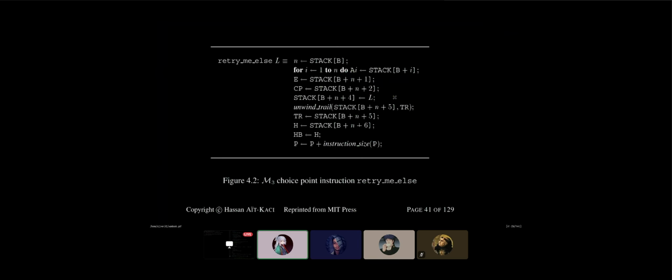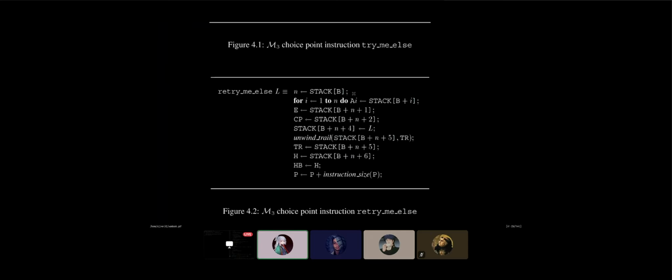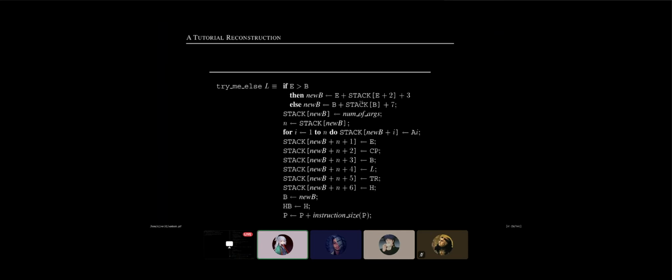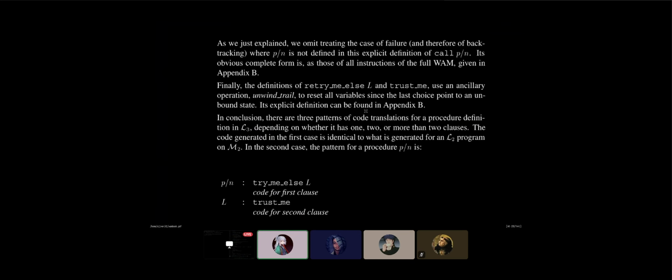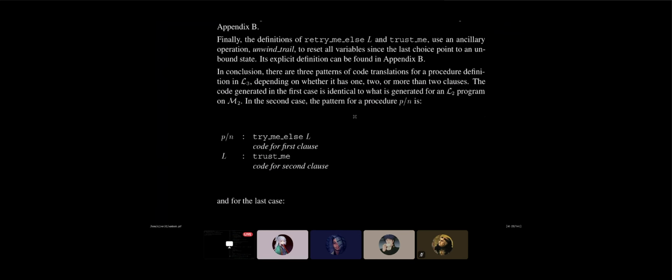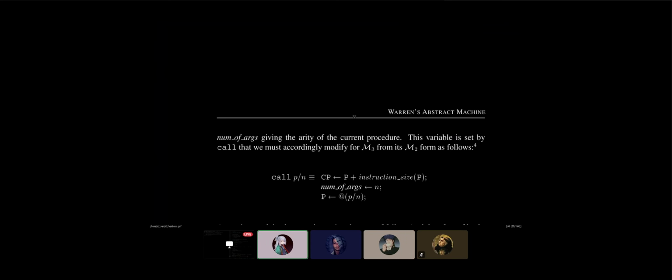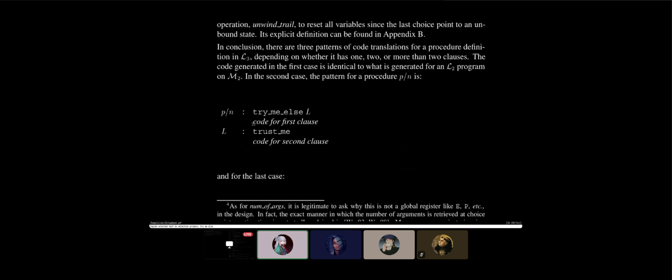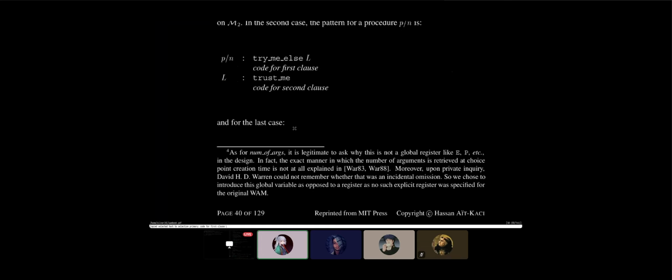No, no, no. Hear me out. If we go to the book, what's the difference between having a single declaration and having multiples? A single declaration is going to keep doing what we're already doing, okay? If we have more than one, for the first one we need to emit this try me else first. Then we emit the code for the first clause.